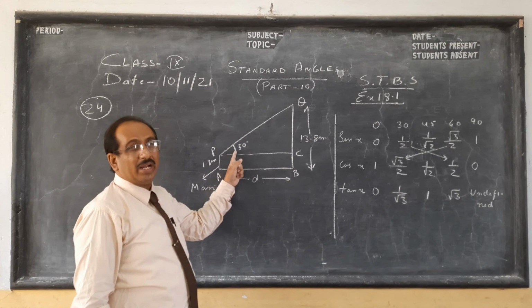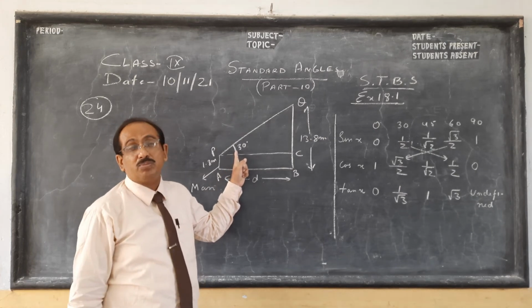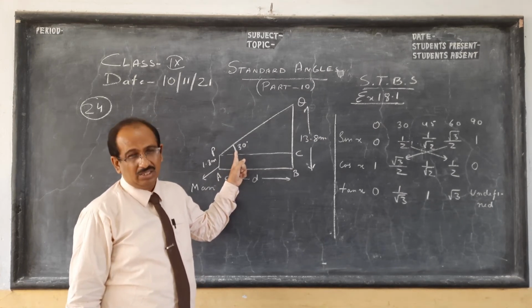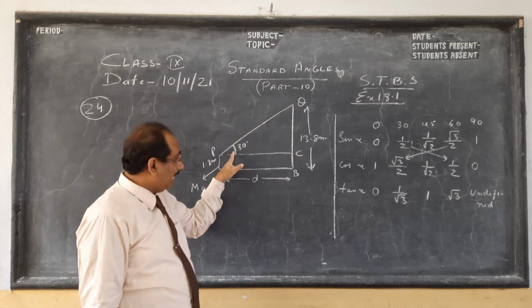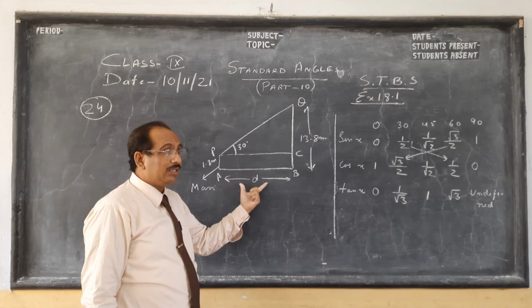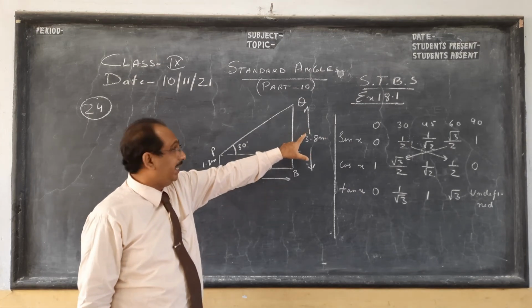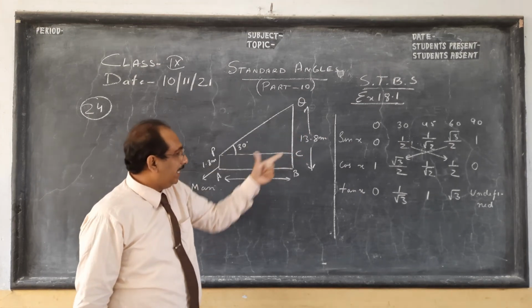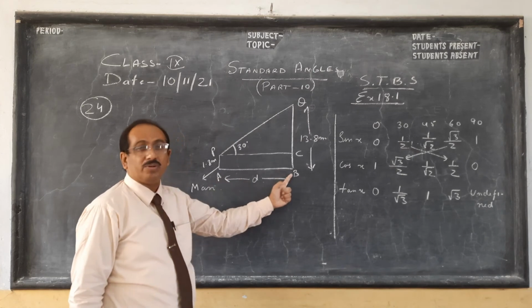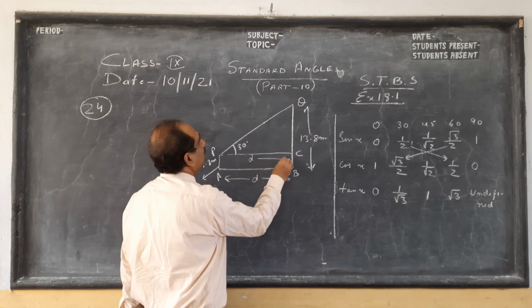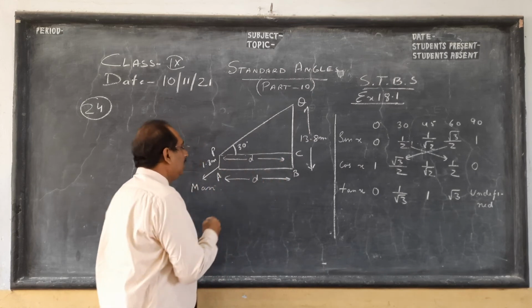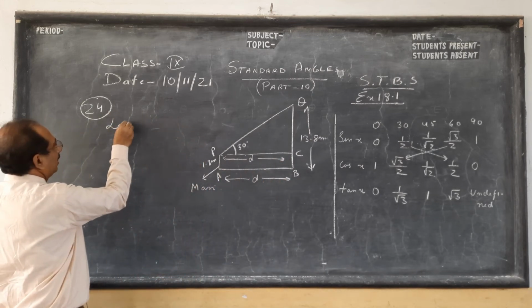So he uses a binocular, and children, there is one instrument called a theodolite. You will see it on the net. With a theodolite we can measure the angle correctly, and with the angle and the distance, you can find the height. So here with height, I'll get the distance of the man from the building. So this is 30 degrees. These two are parallel. This will be D also. So let the distance of the man from the building be D.